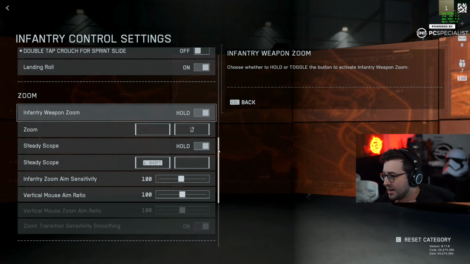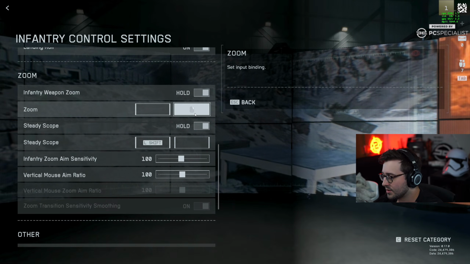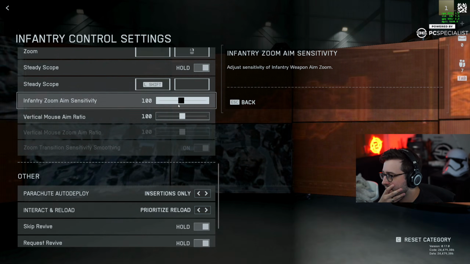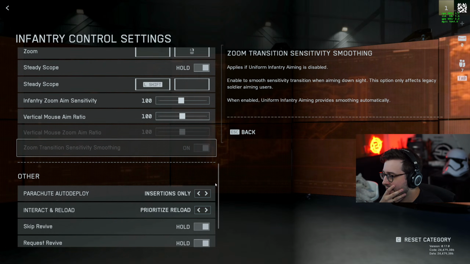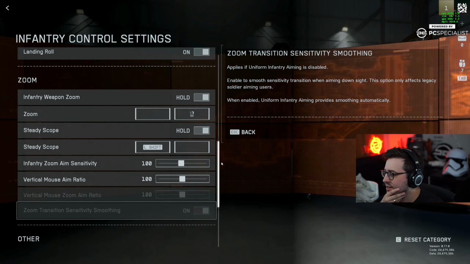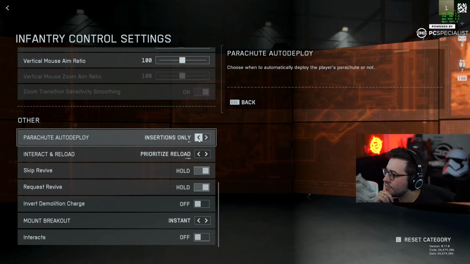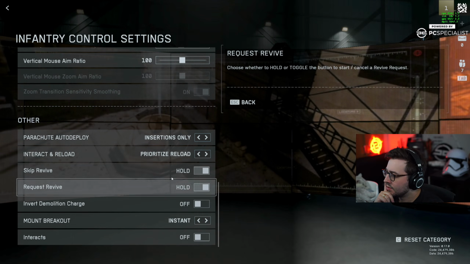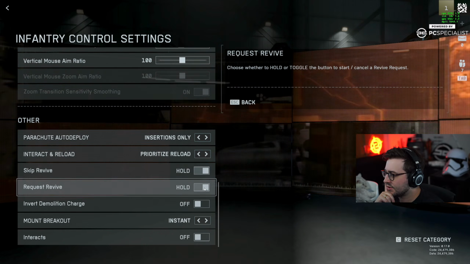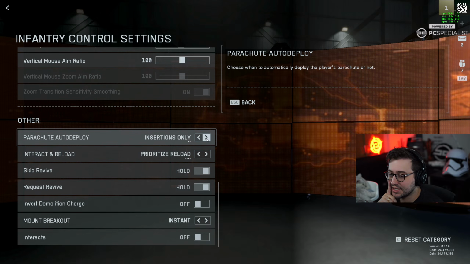Infantry weapon zoom. I'm a hold enjoyer because of sniping, not because of anything else. Zoom. Yeah, that's fine. Steady scope, left shift. Infantry zoom aim sensitivity. I think that's to do... As long as I leave it at 100, it should be fine. Do they not have individual weapon zoom levels on this? I don't think they do. And then they've just got skip revive, request revive, make sure you turn off parachute auto deploy. Which is interesting because